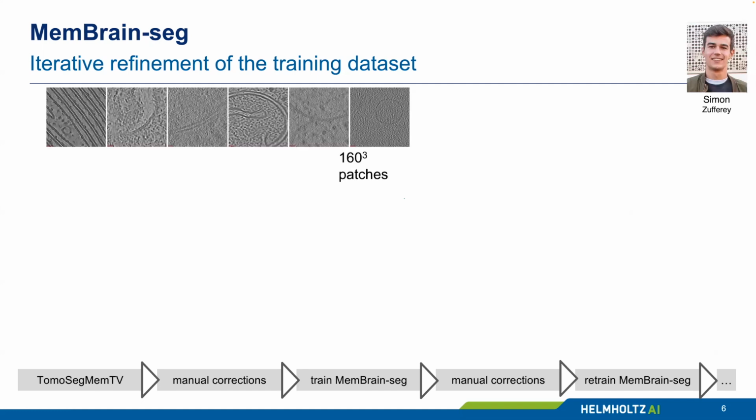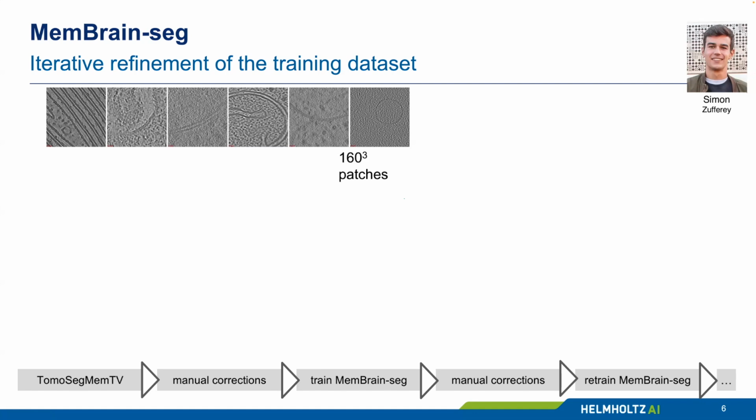And with that, we ended up in a nice variable training data set that showed really different tomography setups as well as different membranes. And one thing that is also important here is that we tried to extract only small patches. In this case, pixel size, extension of 160 pixels. And the reason for that is that we really wanted to make sure that basically each voxel in our training patches is correctly annotated.